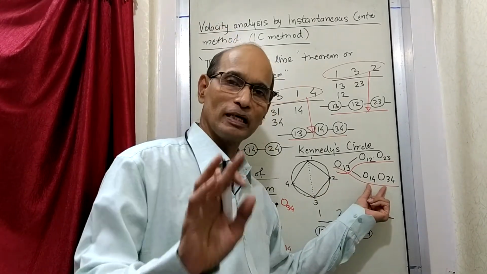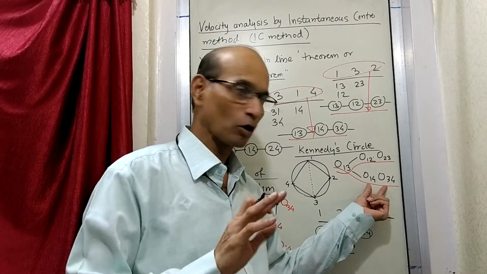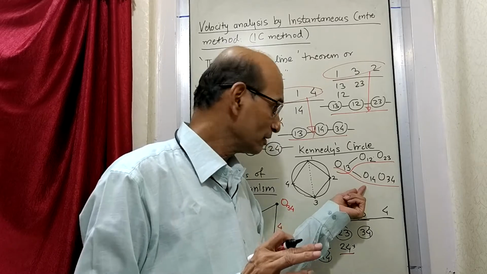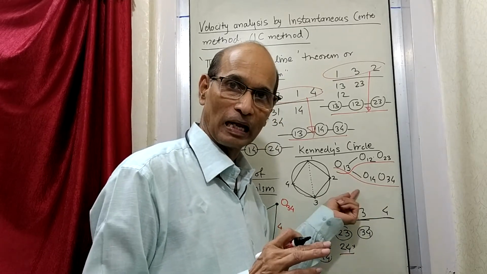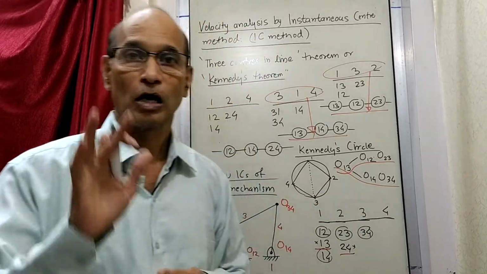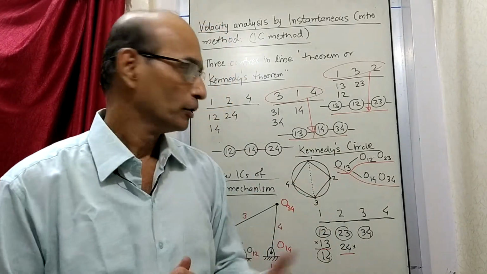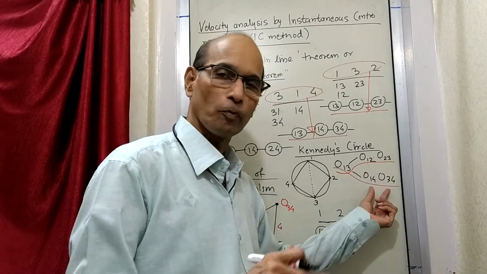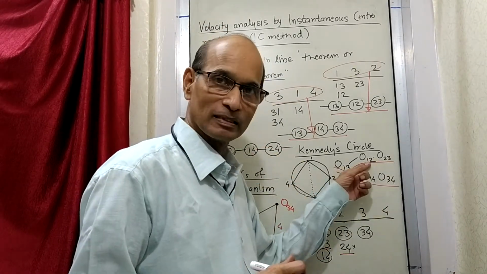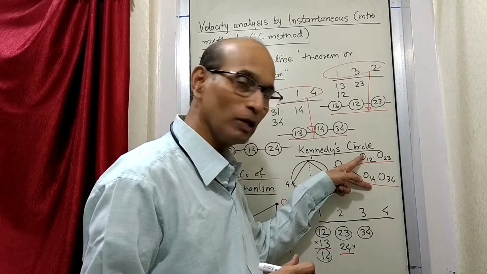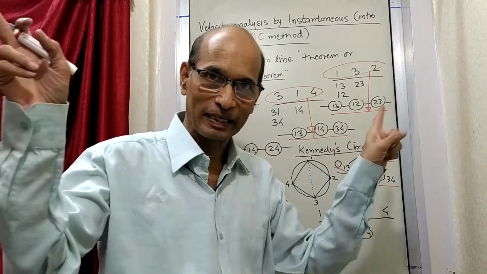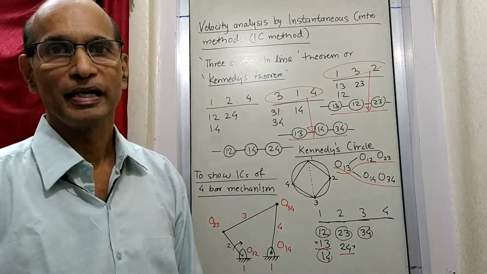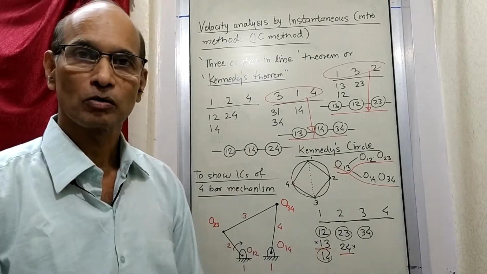Similarly, these two centers are known, and because they are known, if you draw a line passing through them and extend that line, somewhere on that line will be O13. So now can you tell me, can you find out O13? You have got these two points and you can join them. You have got these two points, you can join them. So one line like this and the other line like this. When you draw these two lines, wherever they intersect, that will be the point O13.